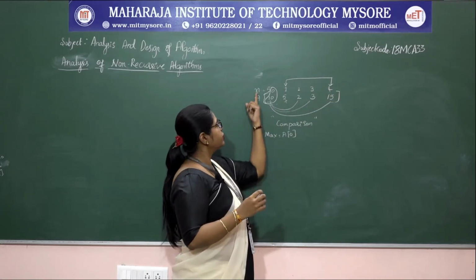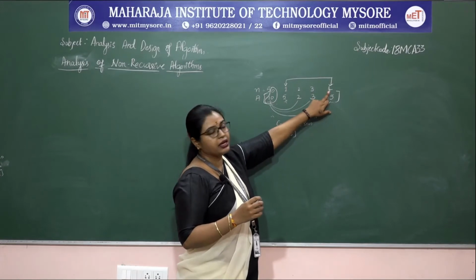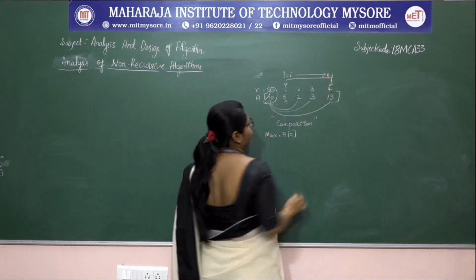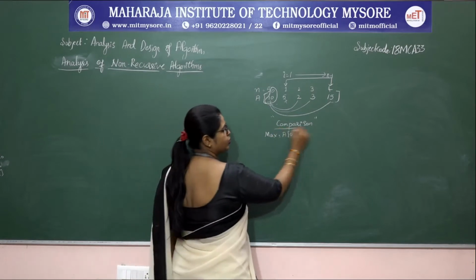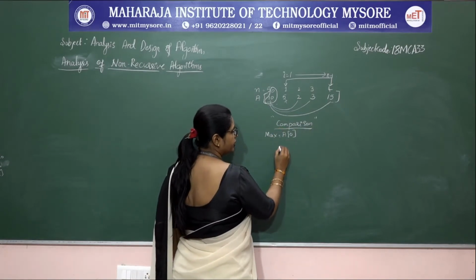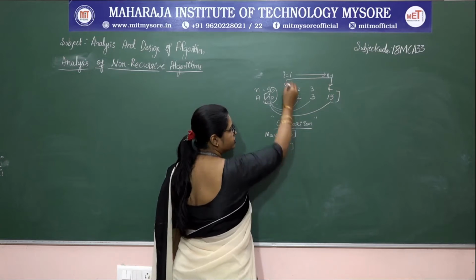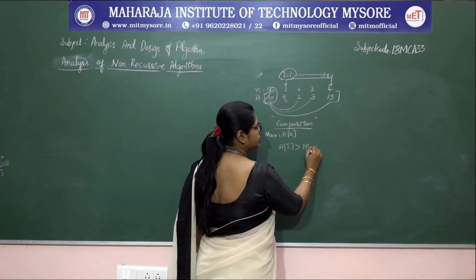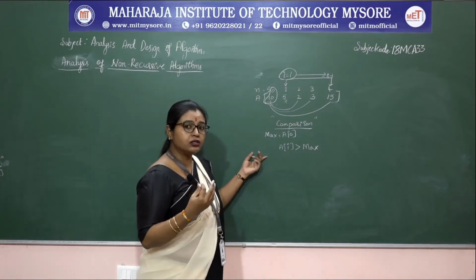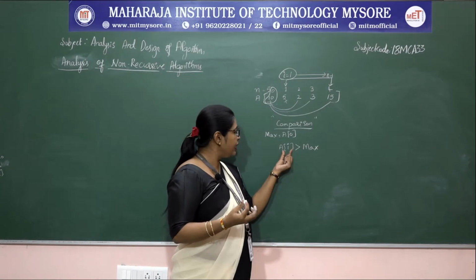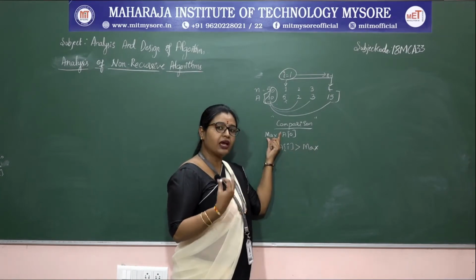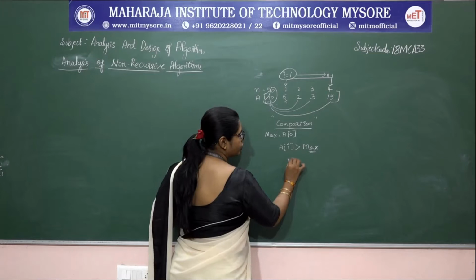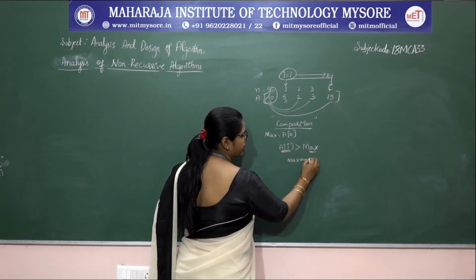Here 4 is nothing but n minus 1 for the given n numbers. Therefore I starts from 1 to n minus 1, and up to that we do the comparison. If A of I is greater than the max value, since we are finding the greatest value, that is, if the new element is greater than the max element we have already chosen, then the max value changes and becomes A of I.